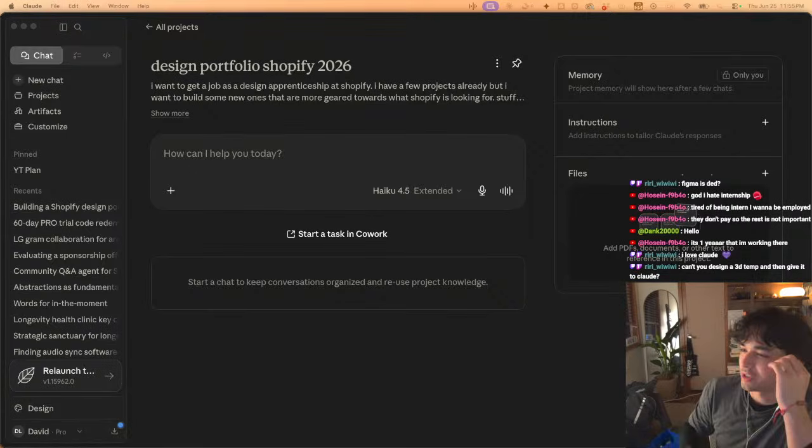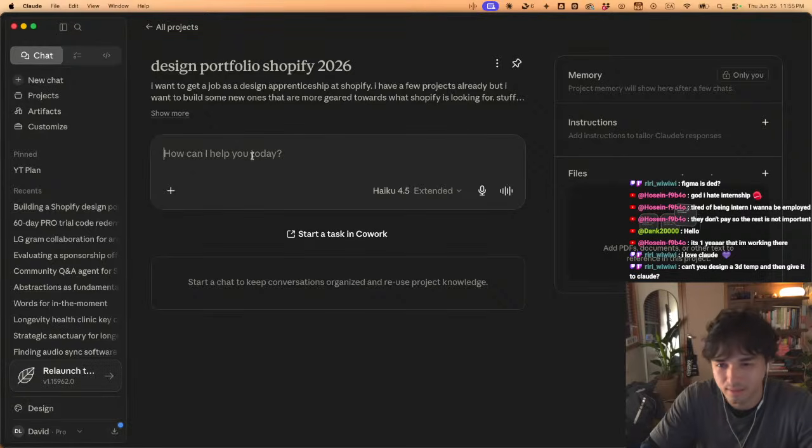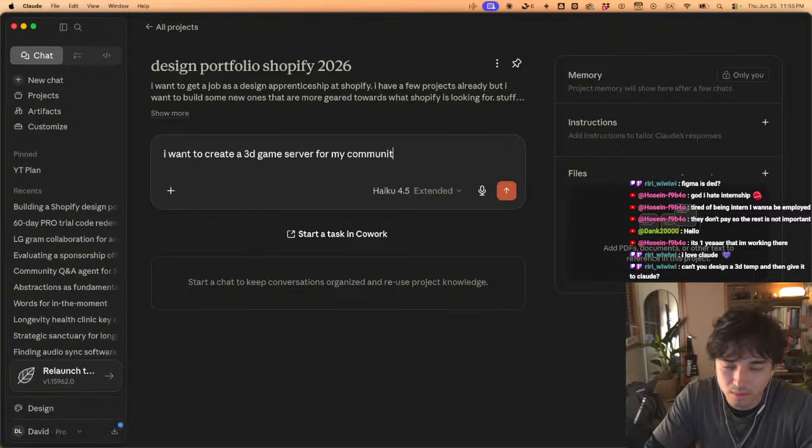I guess the project that I've always wanted to do is a 3D multiplayer server for my community. I think that would be so sick. That could be the big bold project. It will get me learning a lot. Okay, I want to create a 3D game server. Actually, there's a dude who did it. I might try to look at it. Server for my community,